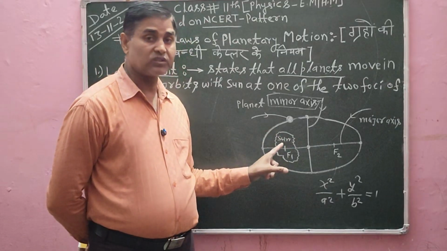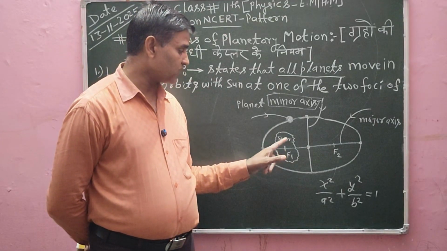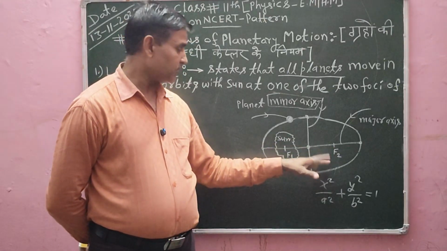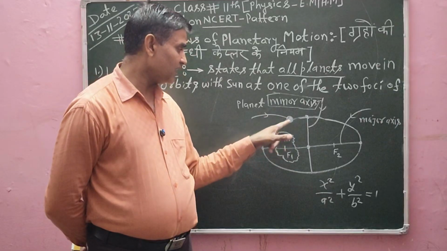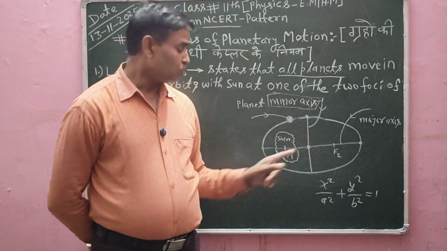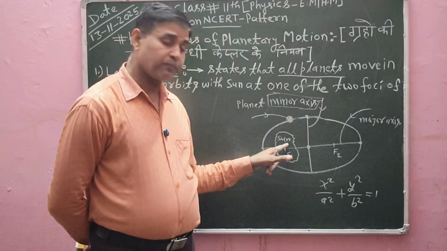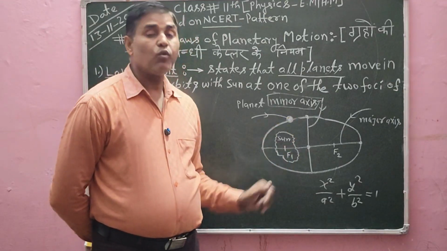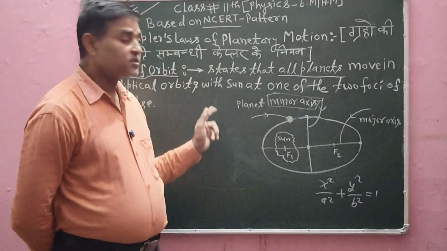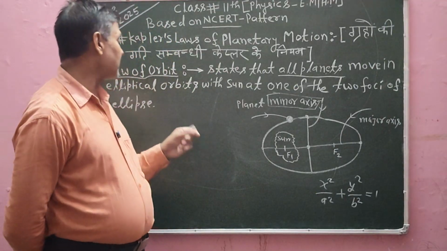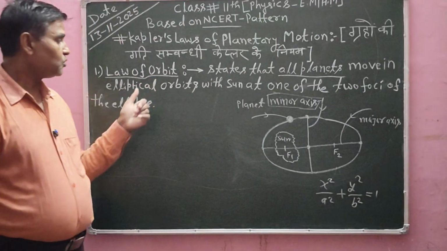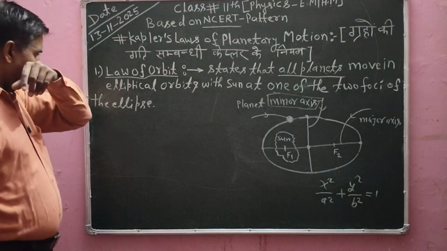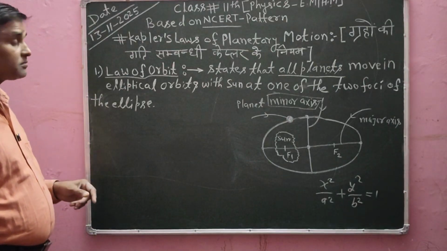फोकी पर सन जो होता है सिचुएट होता है, उस पर सिचुएट मीन्स उस पर जो होता है लोकेट होता है, और अदर फोकी पर नहीं। सो उस फोकी के अराउंड जो होता है सन जो होता है, उस फोकी पर जो होता है सन जो होता है लोकेट होता है, और उस सन के अराउंड जो होता है वो प्लेनेट जो होता है मूव करता है। तो इस इंफॉर्मेशन को जो होता है लॉ ऑफ ऑर्बिट करते हैं, जिसको हम हिंदी में कहते हैं कक्षाओं का नियम।